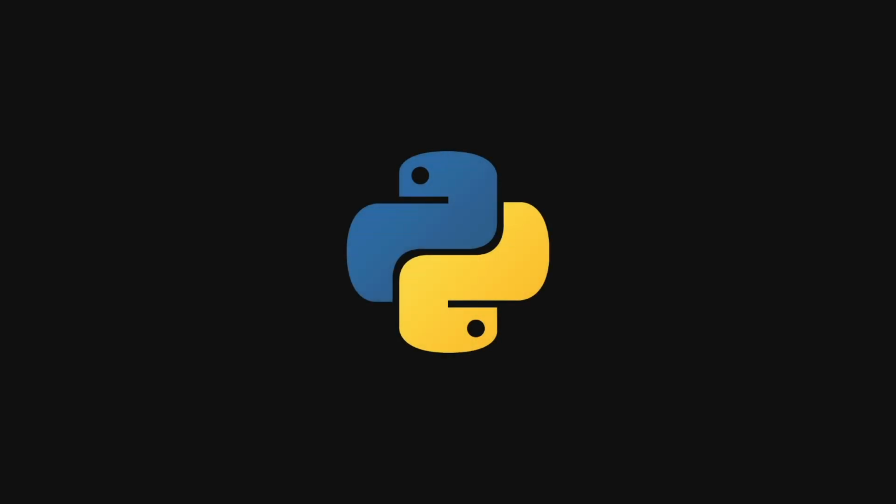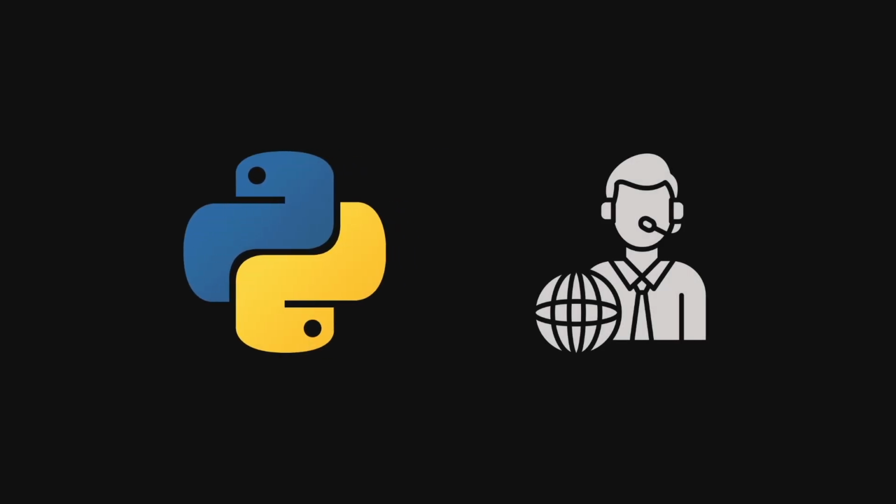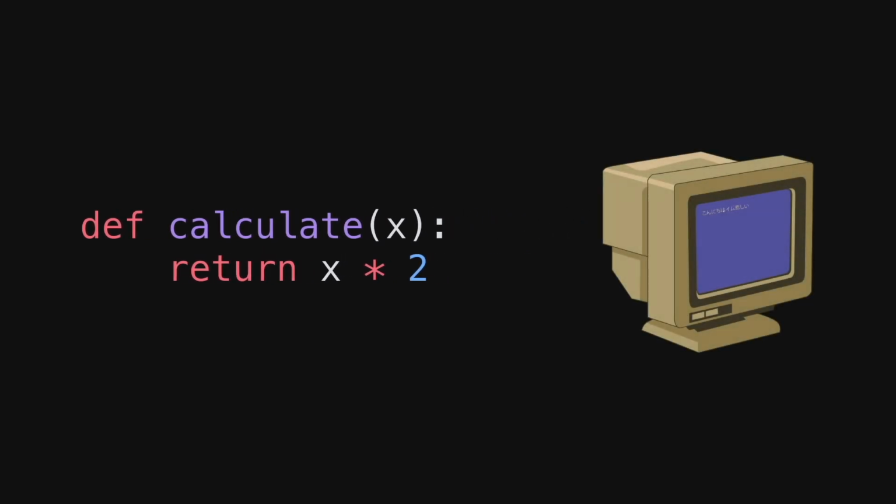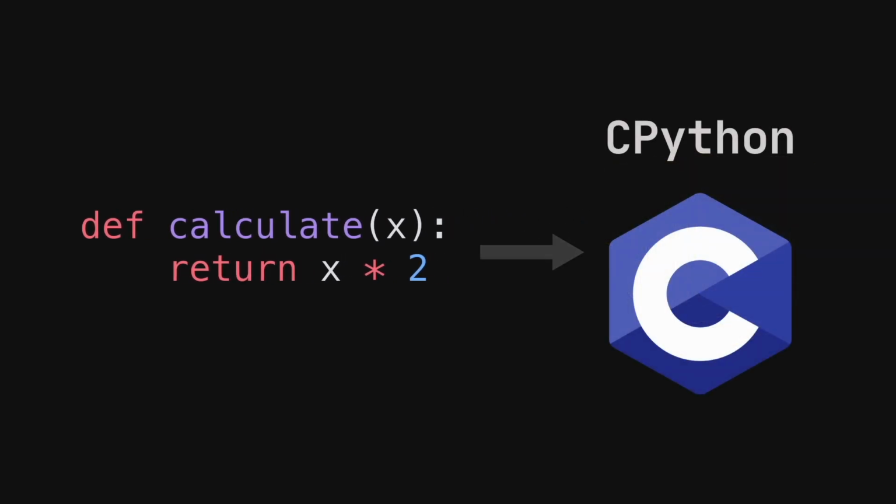You may have heard that Python is an interpreted language, but what does that mean? How do we go from source code to something that can be executed by your computer? The answer is CPython, which is a program written in C that takes the Python source code and transforms it into an executable. Today, we'll go over at a very high level the steps CPython goes through to do this,